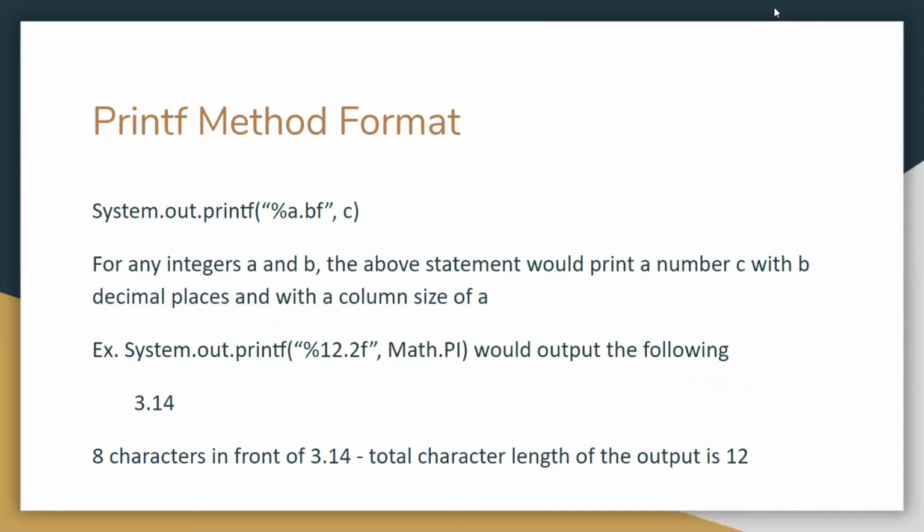So how would we do that? We would be using a print method. I'll go over the format of it real quick, and then if you guys have any questions, I can show you an example. The basic format of the printf method would be System.out.printf, and then "%a.bf", comma c. And what this would print out would be